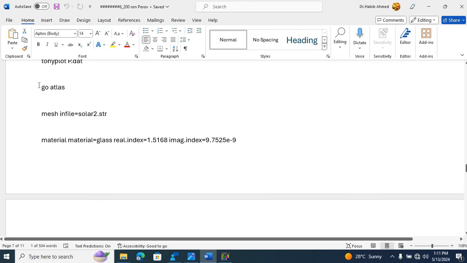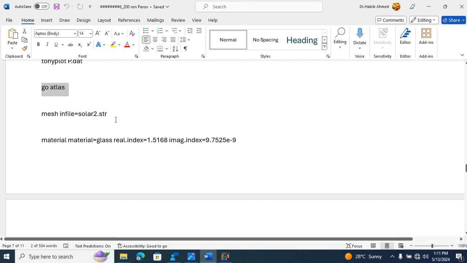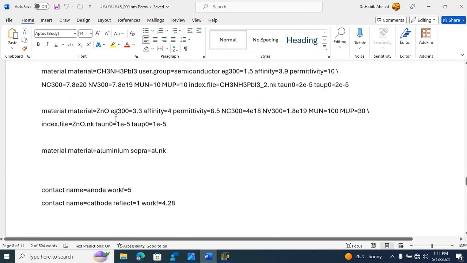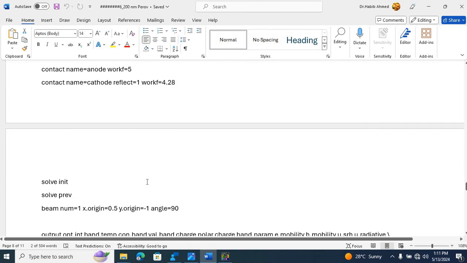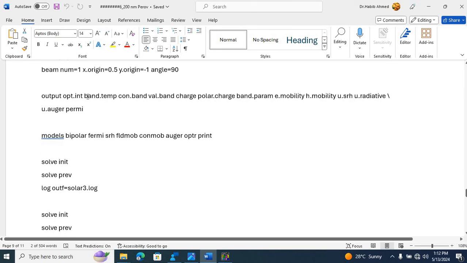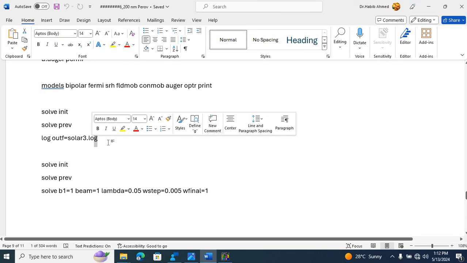Now we start with another block of the code. So we run go atlas once again, and in this block I want to plot the internal and external quantum efficiency and also the solar spectrum. So we enter the material properties once again. We define the work functions. We initiate a beam. We want to look at the output parameters, and we introduce models. I created a log file with the name solar3.log,